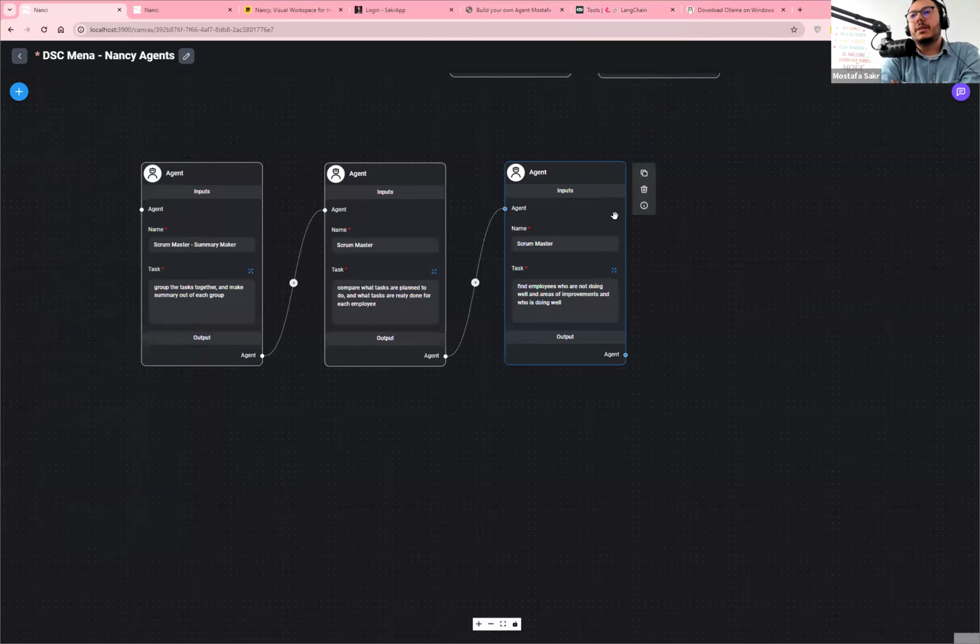Okay, so the steps: let's say we plan 10 tasks for each employee. We have 3 employees: Muhammad, Ahmed, and Ali. And we planned 10 tasks for each employee. At the end of the sprint, at the end of the month, we would love to see how many tasks each employee did, and a summary about the tasks each employee did, and who needs to be improved